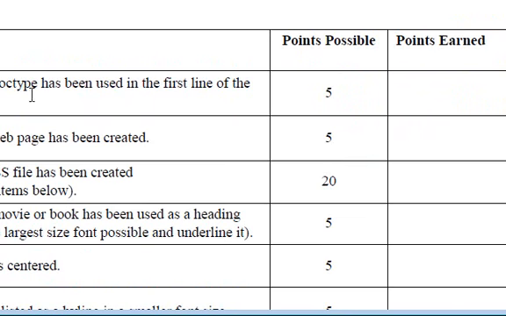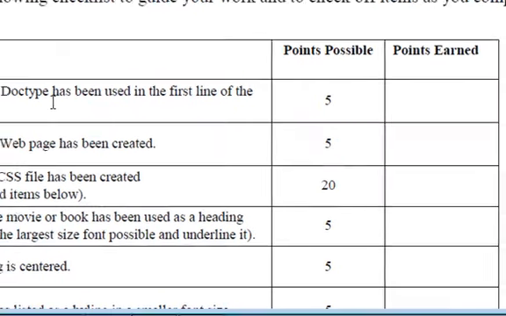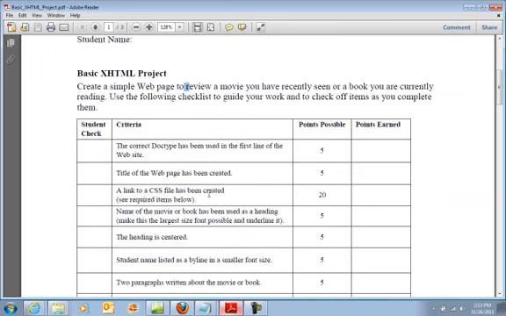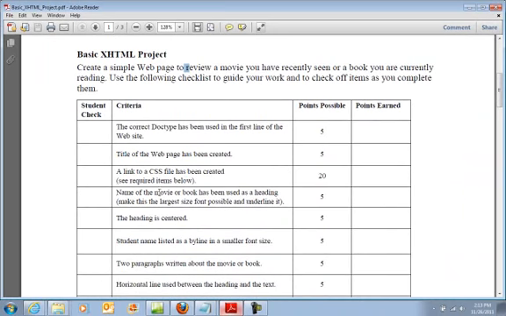You need the correct doc type, which is the first part of your XHTML web page. You need to have a title for your web page. You need to have a link to your CSS file, which we'll talk about in a future lesson. The name of your movie or book